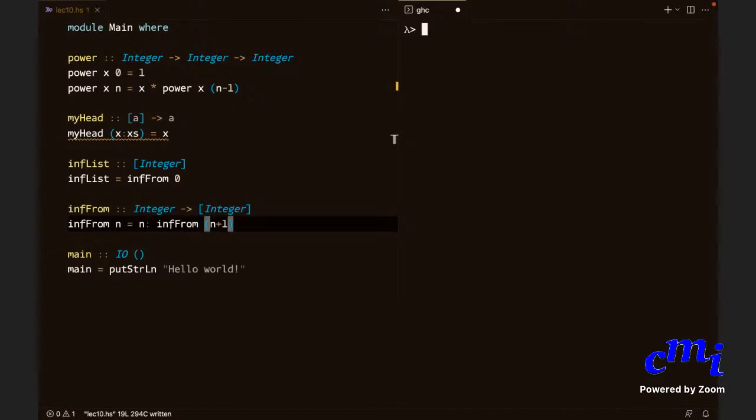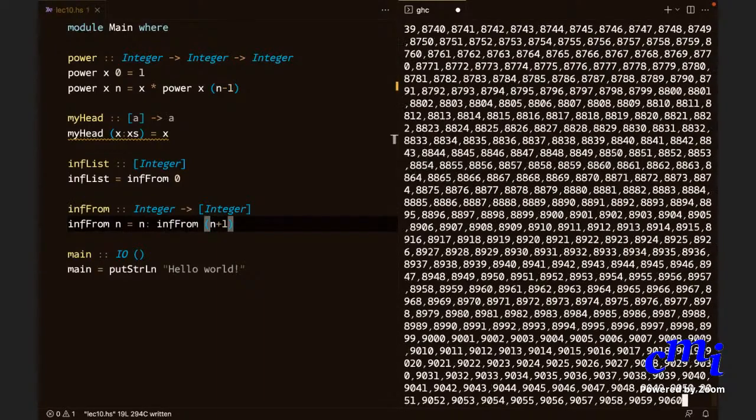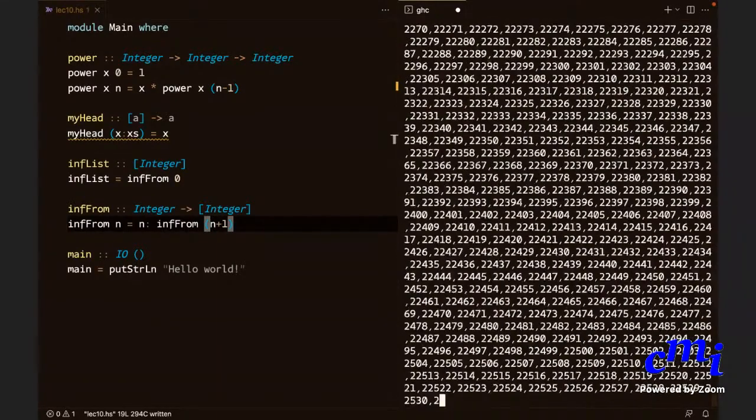Then you will immediately push x to the screen and then you will recursively make a call. So as and when values are available in a list, it will be printed. So you don't even need to say print. If you just say reload, and then just say inf list, see, it's printed.